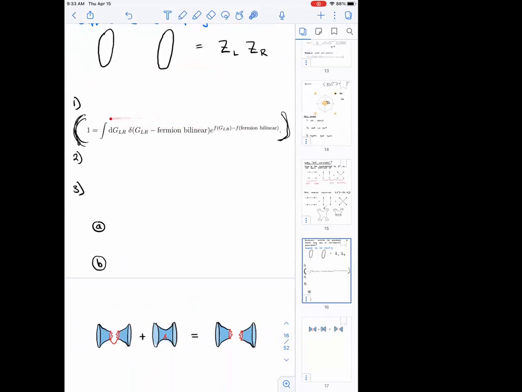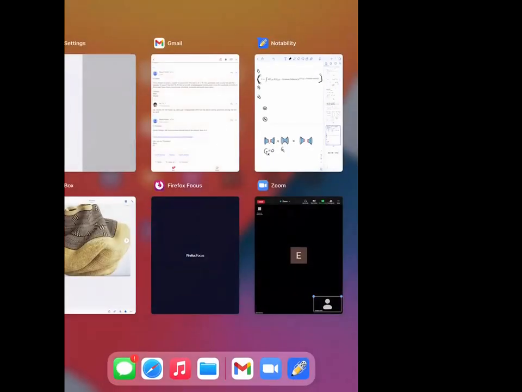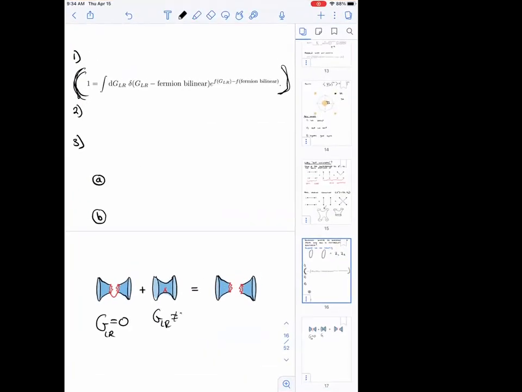I don't know if you can see it, this equation. So this is the equation that introduces the wormhole. So G left right is kind of the wormhole field. It's the wormhole variable. Now, after we introduce this variable, G left right, we study saddle points of the theory for G left right and sigma left right. And these pictures here correspond to saddle points. Sorry, the pictures on the left correspond to saddle points of that theory. So this is when G is equal to 0. And this is when G left right is not 0.